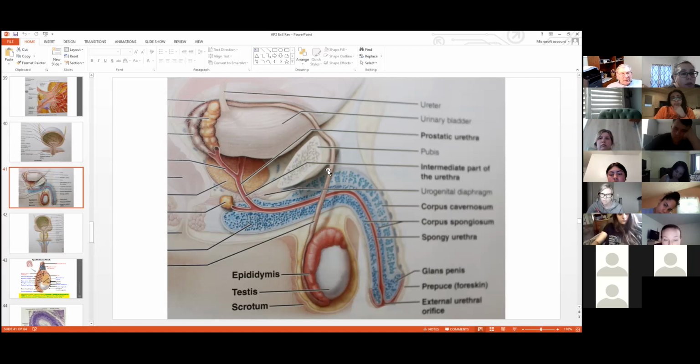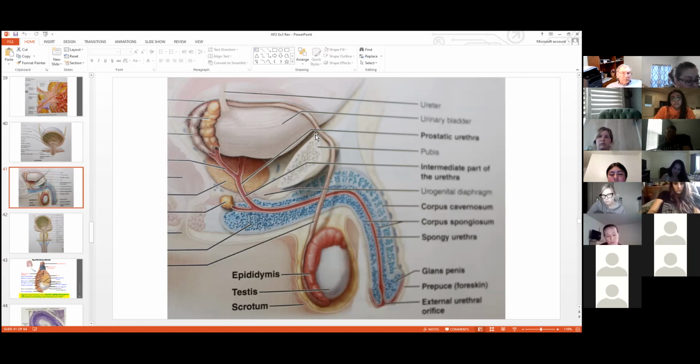And many times men will have a hernia at that little opening. So that is called the inguinal hernia, whenever that stretches out and allows some of the organs from inside the body to sort of push out that opening,